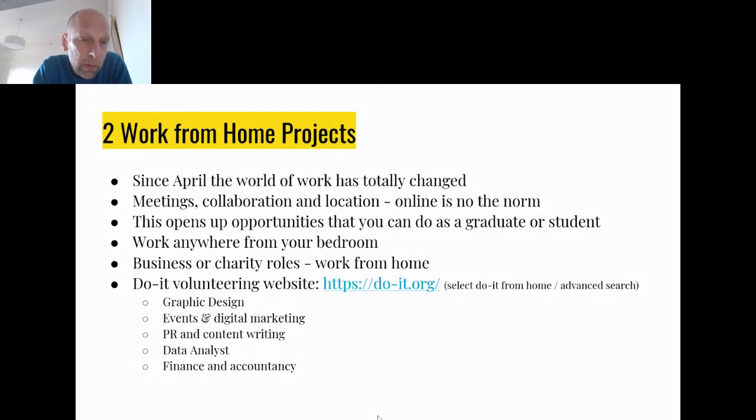Now, all these kind of roles you would do from home using your own PC or laptop, and were flexible around when you completed it, usually looking for a commitment of maybe about 5 hours a week. But the difference here, these are genuine projects. So it could be around any of those areas. So rather than something like an online platform, this is you actually doing a real job with real deadlines and requirements. So it's probably taking this to another level. If you can move to the next screen, please, Laura.